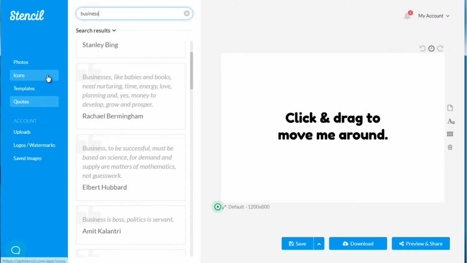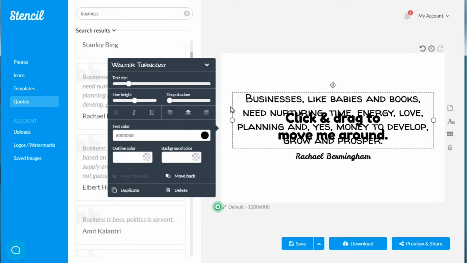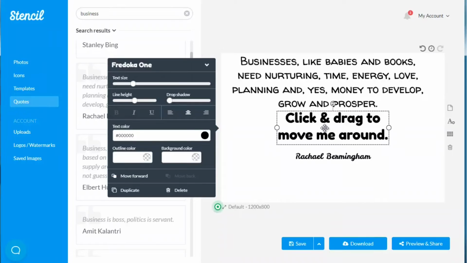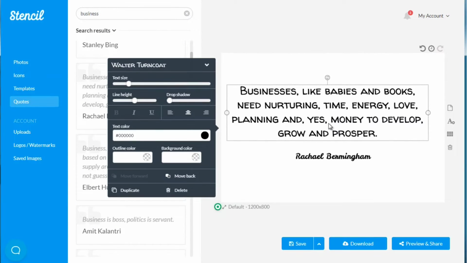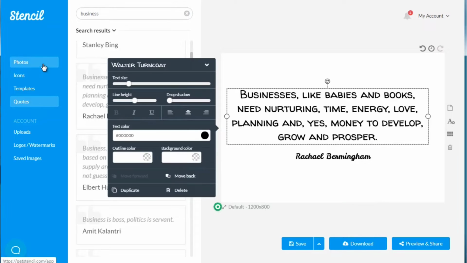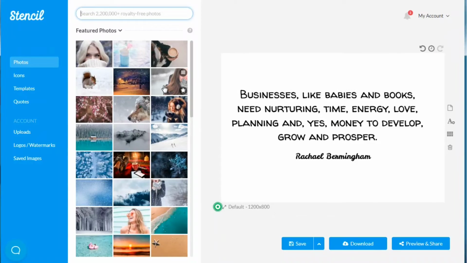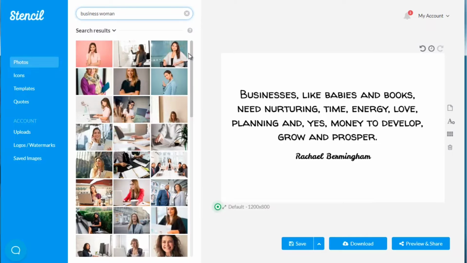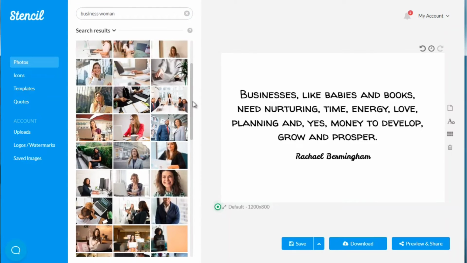So what we want to do is click it like so. We can move it around. And of course, we want to delete the other text and put it down here. And we want to find a photo that resonates with that demographic. So we could type in business woman and see what we get. So we could use something like